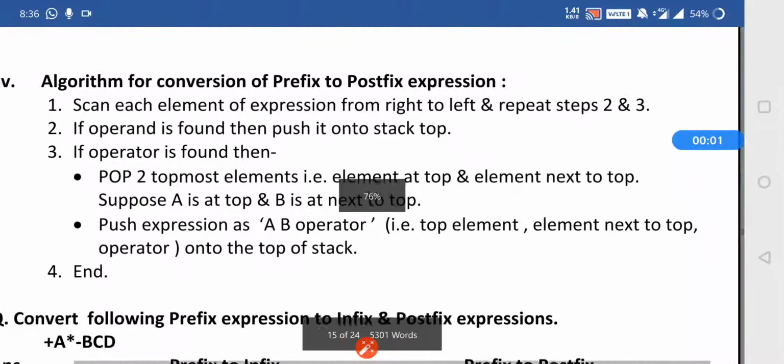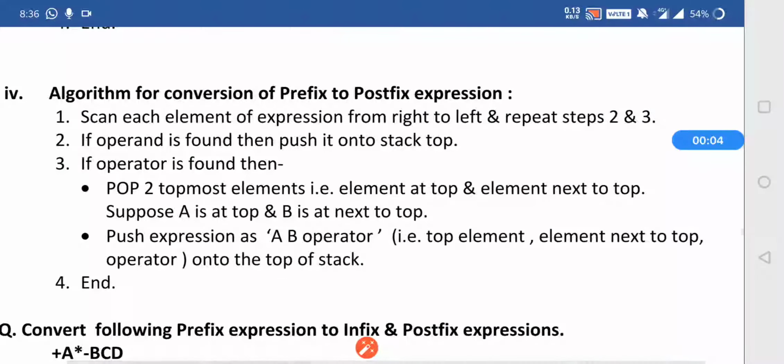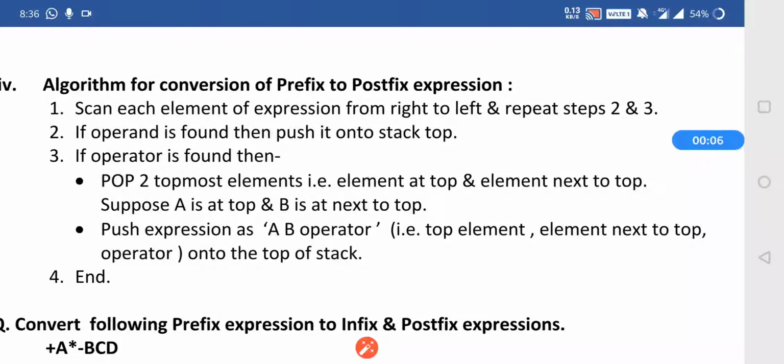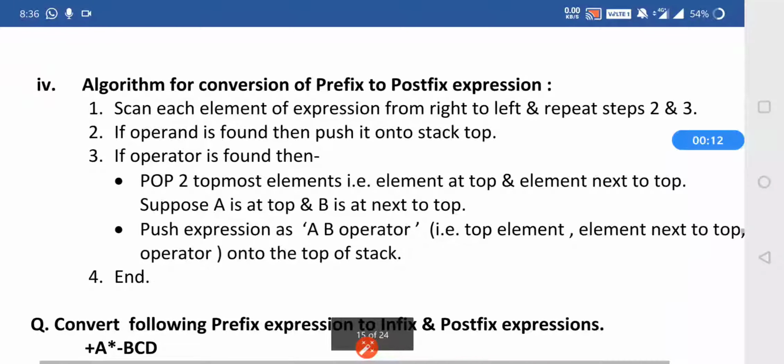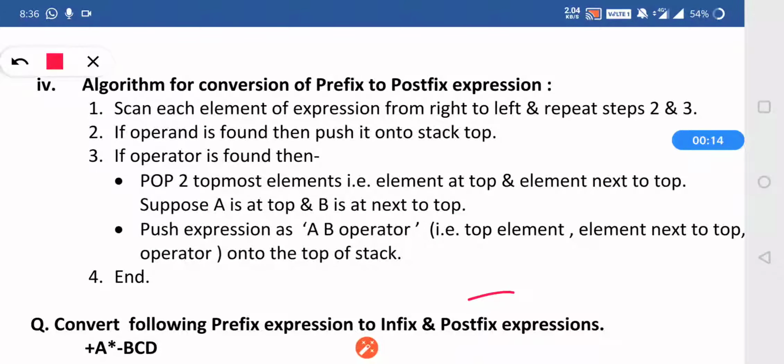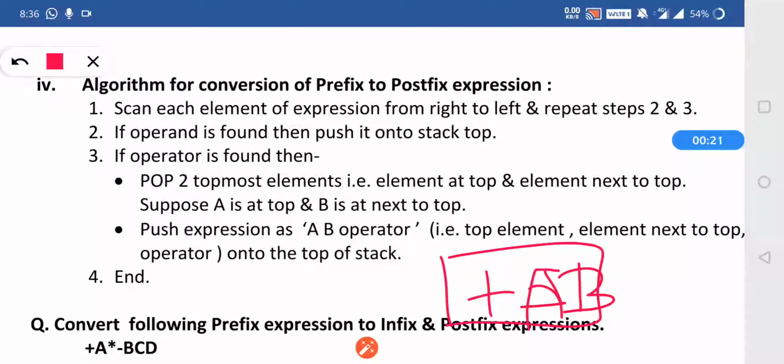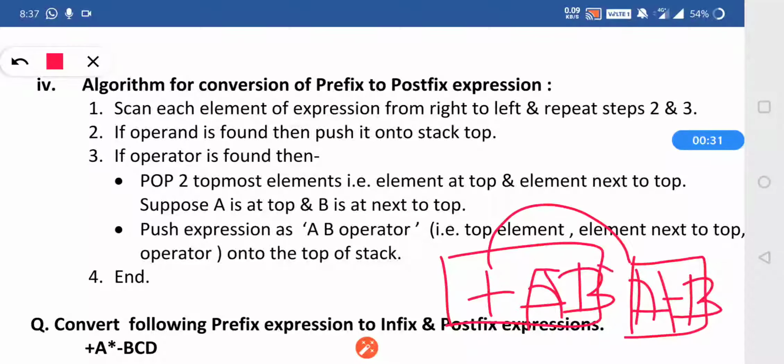So in our last section we have seen the conversion of prefix to infix. Now today we will see the conversion of expression from prefix to postfix. Now what is prefix? Prefix is the expression in such a way that operands are present and before that the operator is present, that is prefix, and we want to convert this prefix to postfix, means the operator will be present in between the operands. We have to convert from this to this.